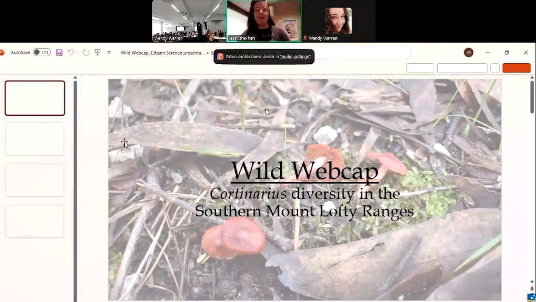So I'm one of the founders of a project called Wild WebCap. We are a fungal diversity survey project that runs in the southern Mount Lofty Ranges. What makes our project a bit unique is that we don't broadly survey all fungi, but we focus on a specific genus called Cortinarius or webcaps, hence Wild WebCap. The diversity of this genus is not particularly well understood, particularly in Australia. So we're aiming to contribute to unravelling what's present here and show why these native fungi are so